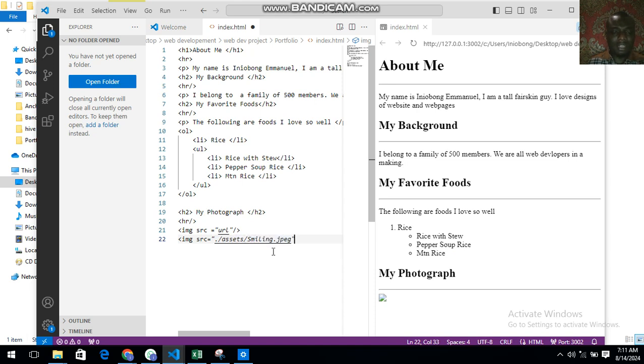Okay, after clicking on this, there's one other thing that is very essential to be added to images. All right, what is that essential thing? An alternate text. Now most people who experience a form of